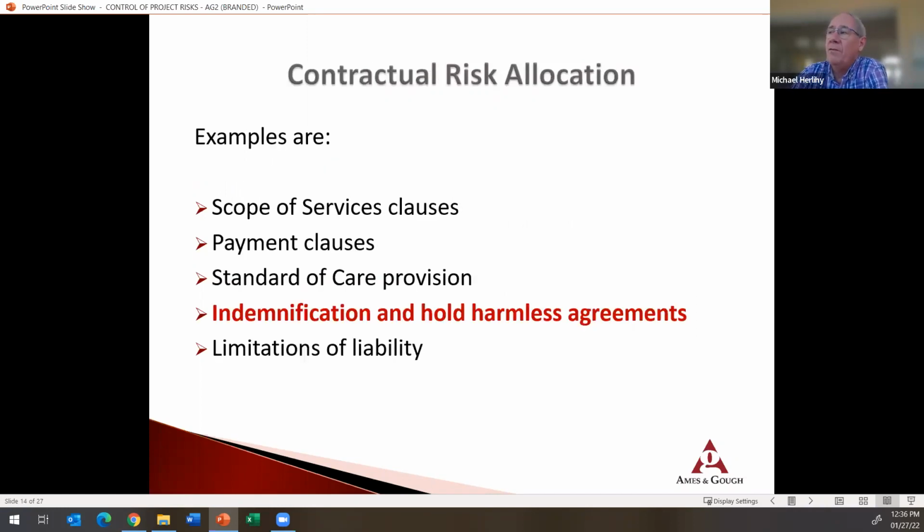So contractual risk allocation, the things we look very closely at, and scope of services, making sure they're specific, they're not open-ended, they don't say anything and everything implied or expressed, because that leaves it open-ended. And the risk is if that scope of services is not pinned down, you could find yourself in a disagreement with an owner that you're paid a certain fee, but that owner's thinking you're doing more work than you thought you were going to do because of the words expressed and implied,